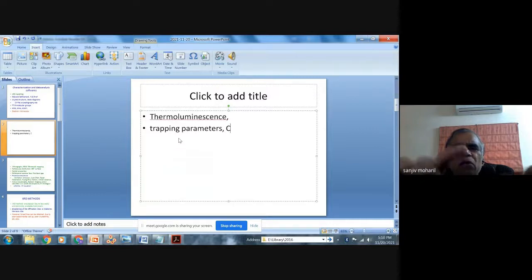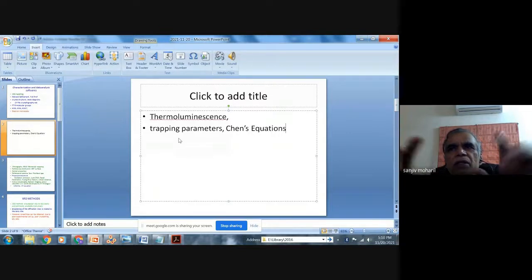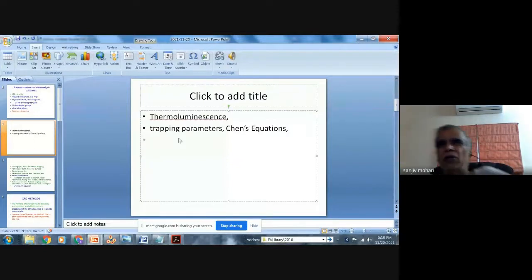Usually, we can use Chen's equations. Or we can also analyze the glow curve in terms of various peaks. So we can again decompose it.